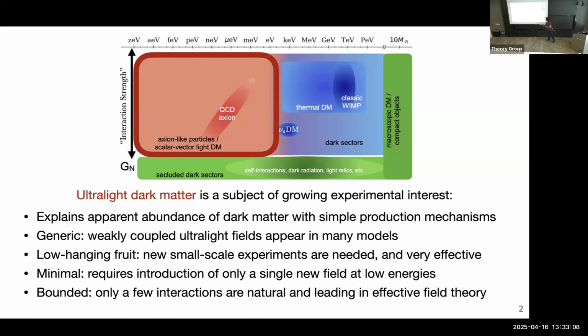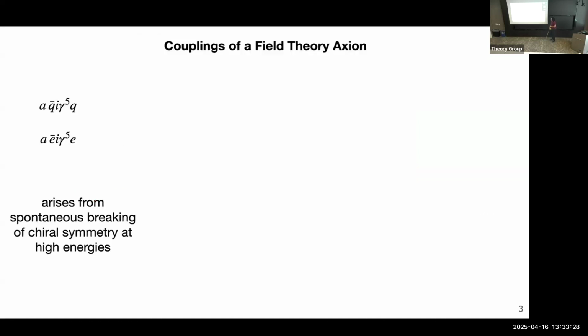And that is also the final thing, which is that it's bounded, in the sense that there is a controlled framework to allow you to know which interactions are important, which is good old effective field theory, the concept that is consistent with all experimental data ever taken in the world, which tells us that there are only a few interactions of ultralight dark matter that can exist that are natural and leading when the interaction comes from high energy scales. So I'll give you a case study.